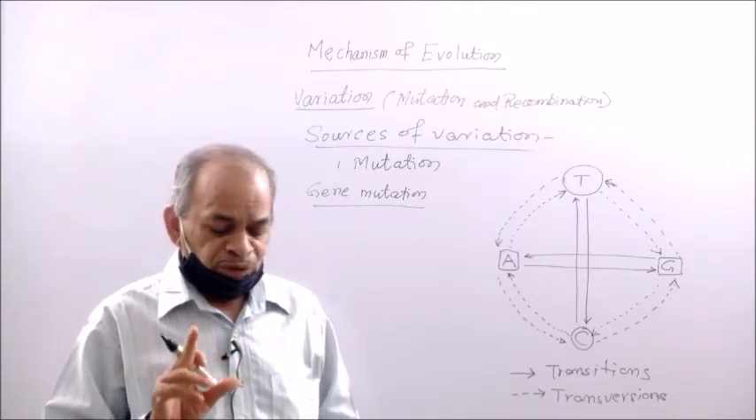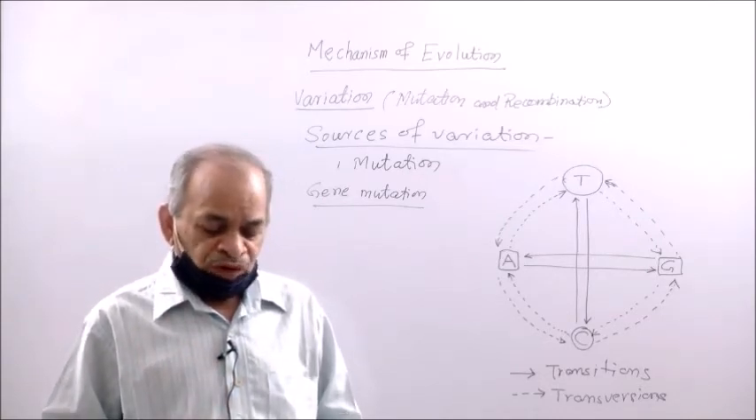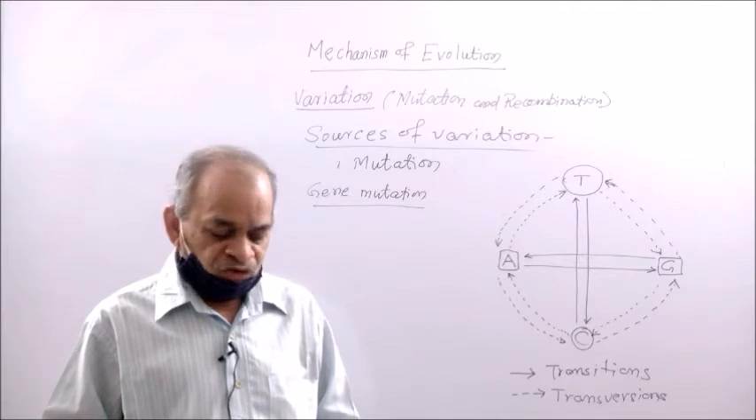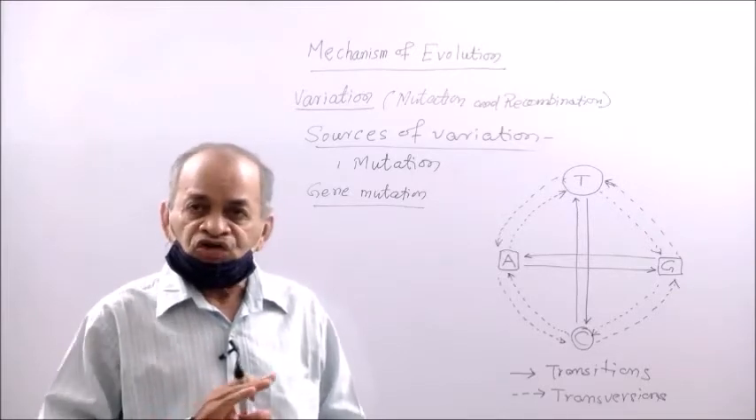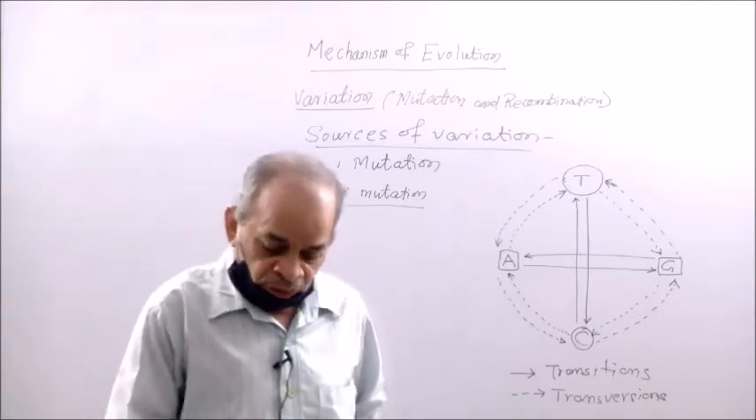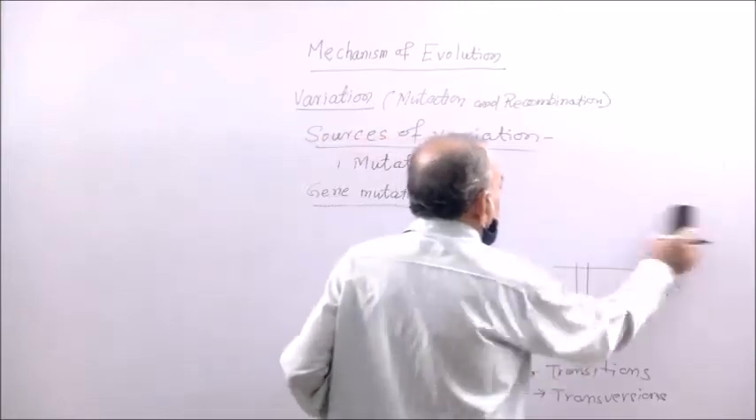So a substitution mutation changes that codon only, where the substitution occurs. But a frame shift mutation changes the sequence of codons. Now you can see here